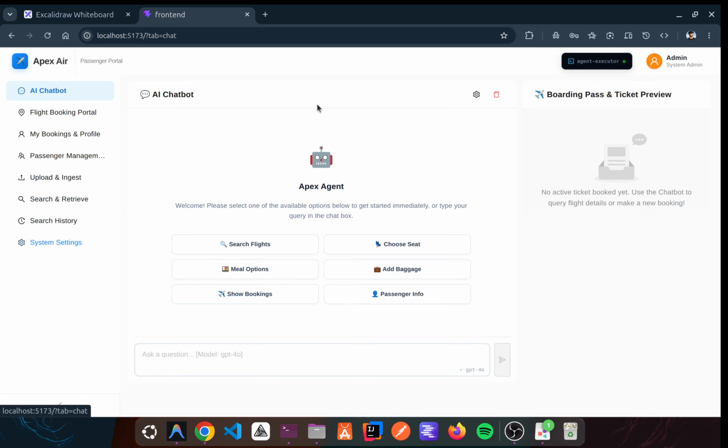Okay, now let's see a flow. What I'll be doing is I'll book a flight from Bangalore to Delhi. Okay, then I'll cancel that flight. Okay,